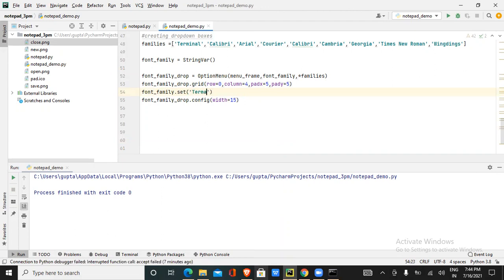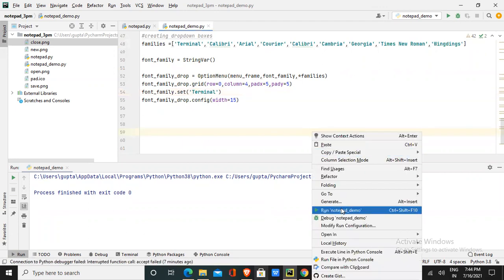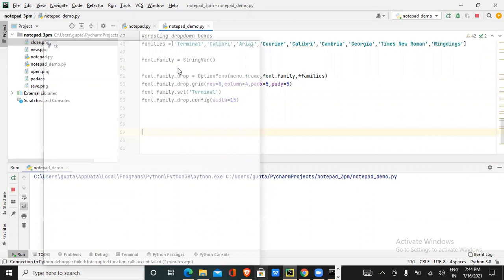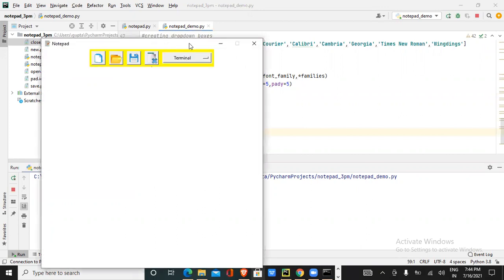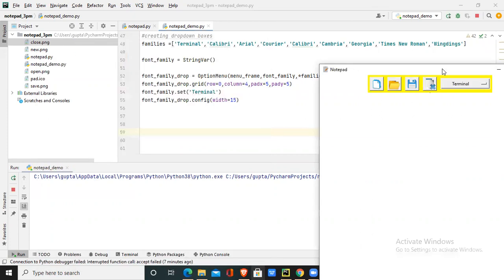I write terminal. What is terminal? Terminal is the first font family given inside the list. So I'm placing it here. That is terminal. So if you run it now, see, we display terminal as the drop-down box name. Right? Clear with this, all of you? Yes, sir. Okay, any doubts in this?